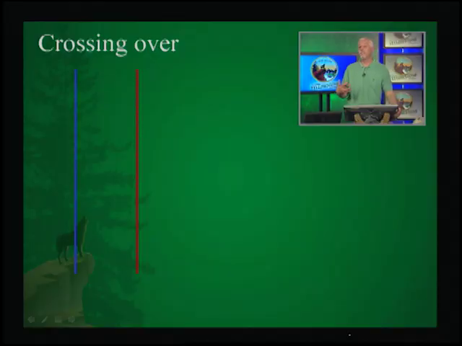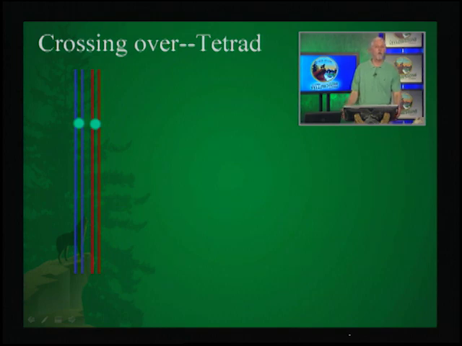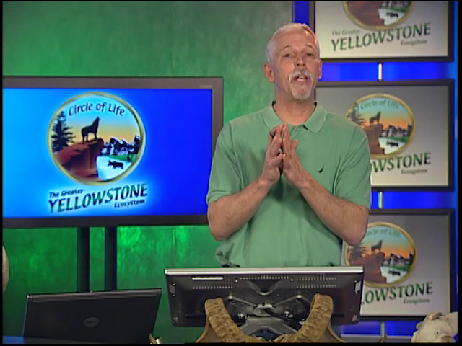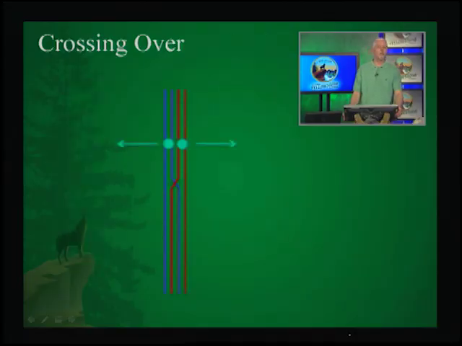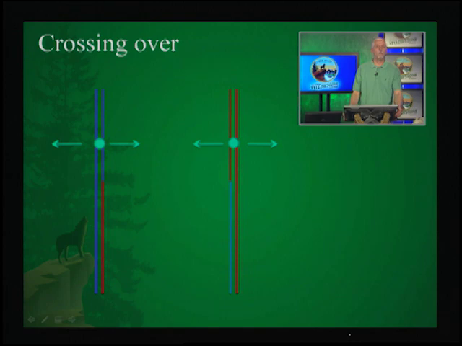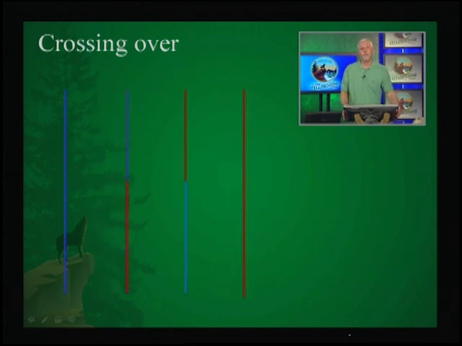Now, crossing over is really a crazy process. Crossing over ensures that we don't even pass on a single chromosome like we inherited. So what happens in crossing over is that first, the chromosomes are replicated, and they'll be attached by centromeres. And then our like chromosomes will associate with one another. We call this a tetrad. So again, we would have a chromosome number 1 of dad, a chromosome number 2 of mom. Those would replicate, and then our mom and dad chromosomes of each type associate, and then there are enzymes that will cut and splice those together so that at the end of crossing over, we no longer have any chromosomes,